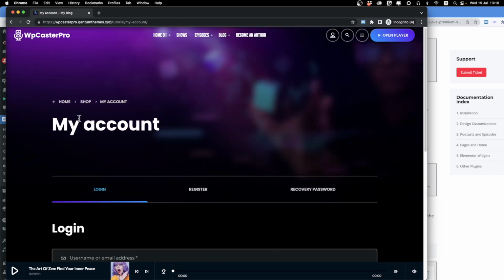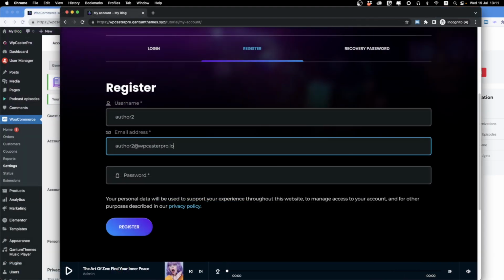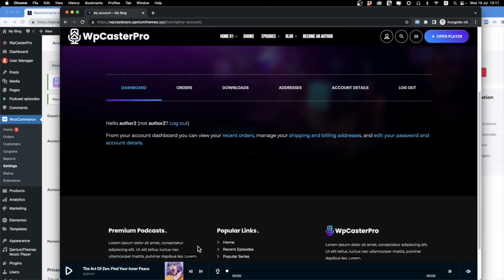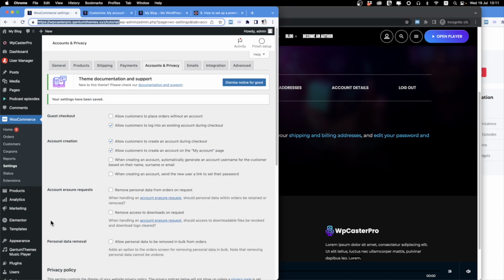So you can link to this page and they can register. Once they fill in the form and register, they will receive an email, and they will need to confirm it. When you receive a notification about the new user registration,